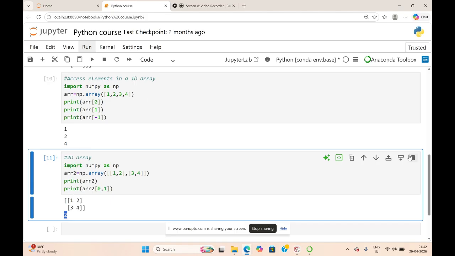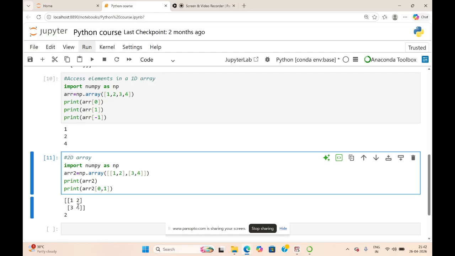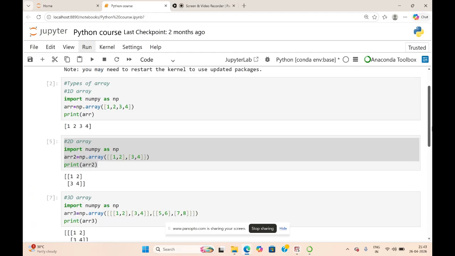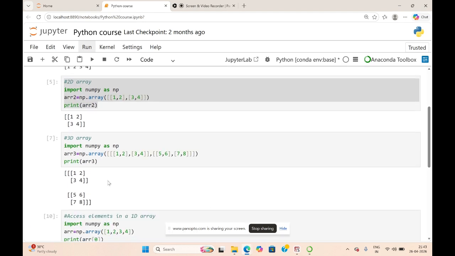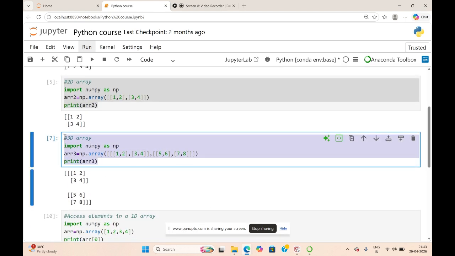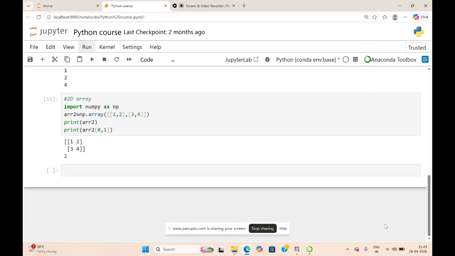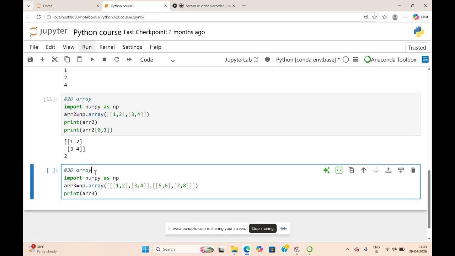Similarly, if you have to access elements in a three-dimensional array, let me copy this three-dimensional array creation code to save time. So for accessing elements using a three-dimensional array, you need to mention the depth or the block. Now you can mention the depth or the block, row, and the column.